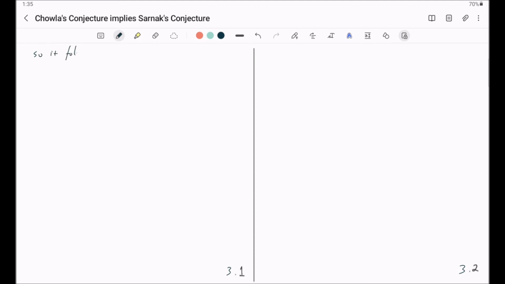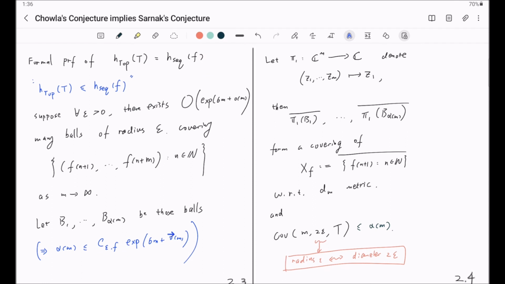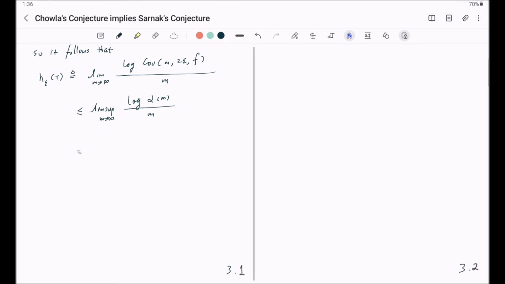So it follows that h_epsilon of T, remember this by definition is a limit as m goes to infinity of the logarithm of the curve N_m(epsilon, T) divided by m, which is less than or equal to, now I should use lim sup, log of alpha of m divided by m, which, remember, alpha of m has an upper bound. So this is further bounded by,